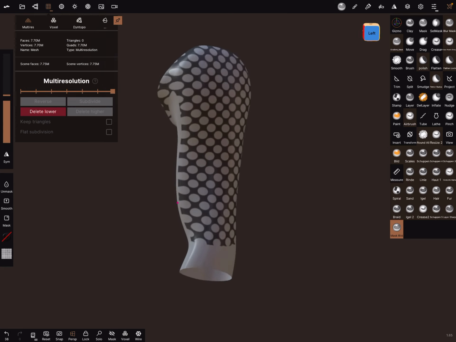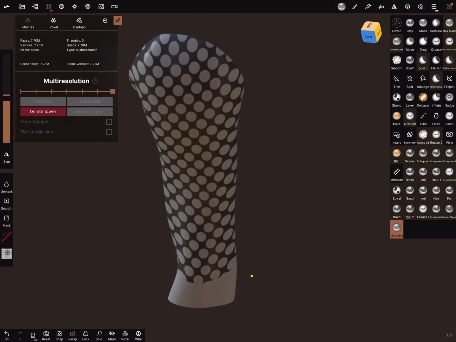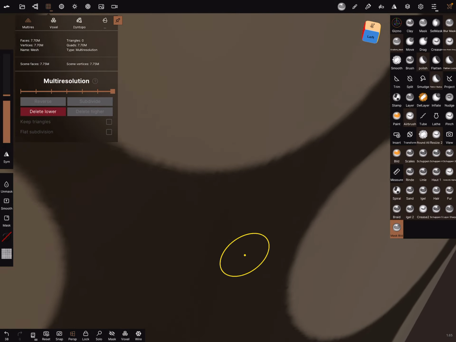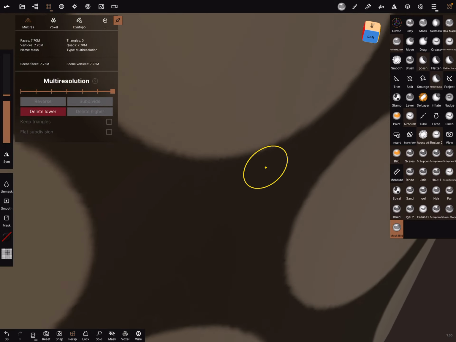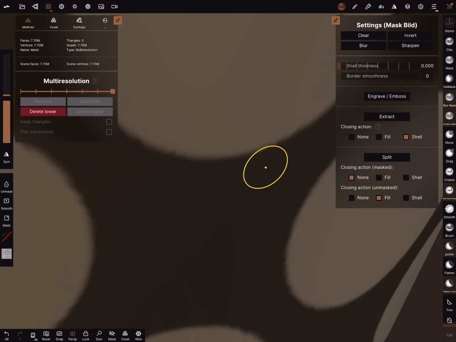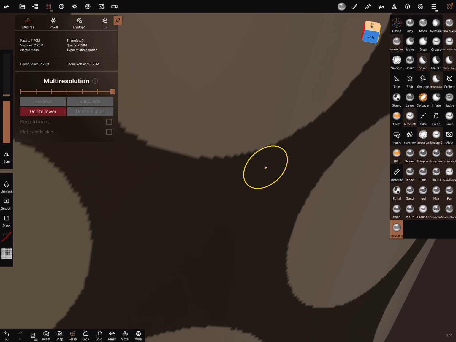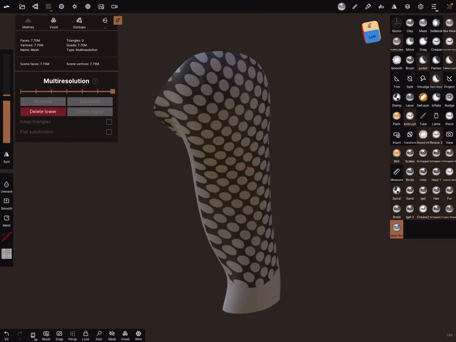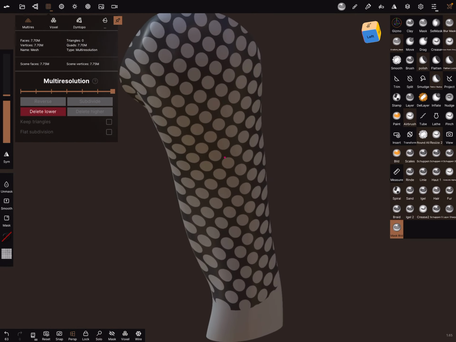One important thing is this mask is not a clear mask. It looks clear, but it isn't clear. When you zoom in, there are blurry parts, and in the mask settings, press the sharpen. Press it a few times till nothing happens anymore. And this is the sharpest mask you can get.